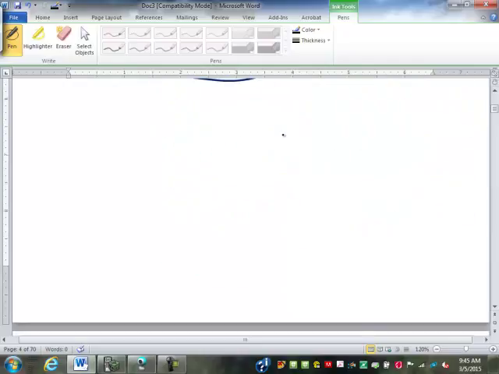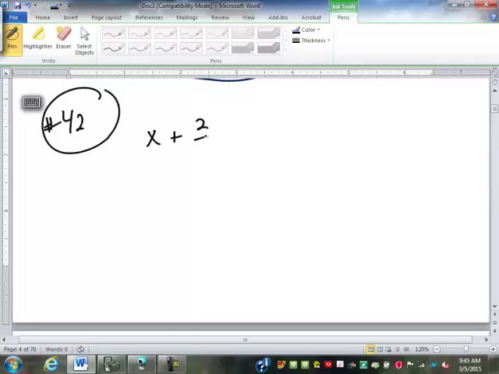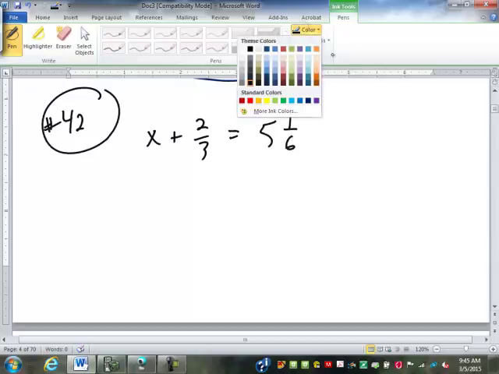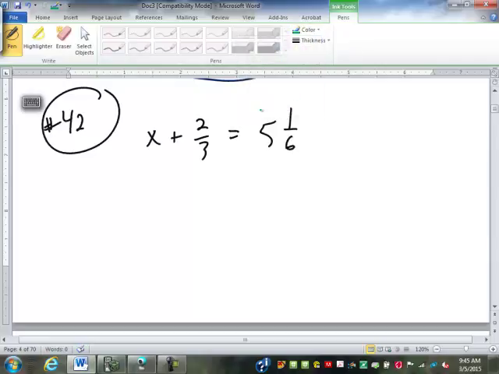Now I think we'll do number 42 while we're at it. x plus 2/3 equals 5 and 1/6. What do we have to do? We have to subtract 2/3. So x equals